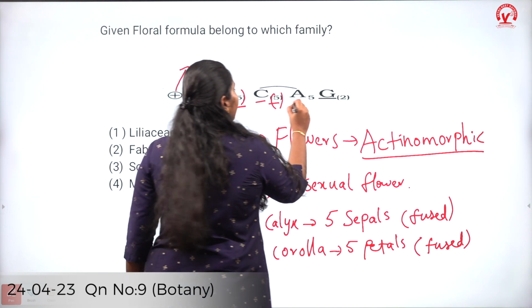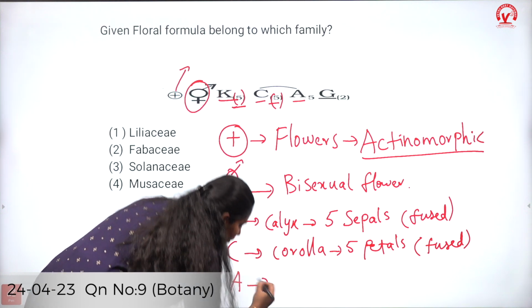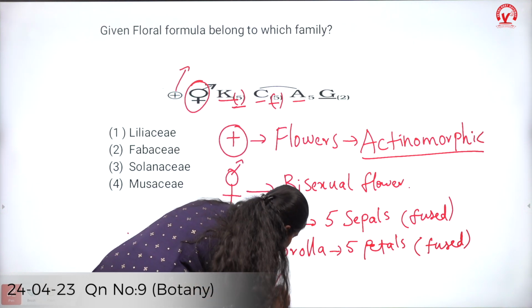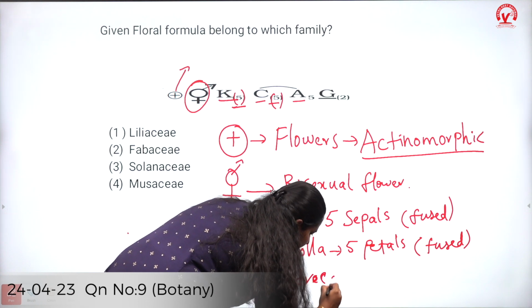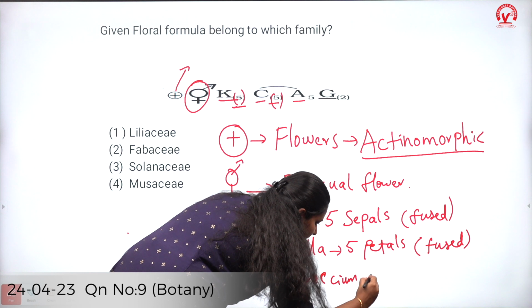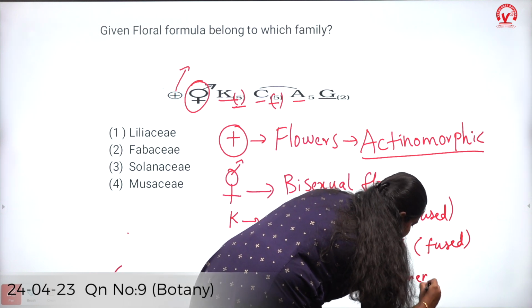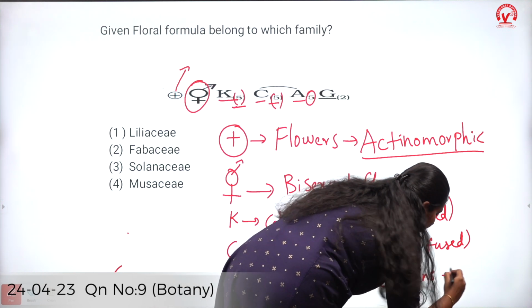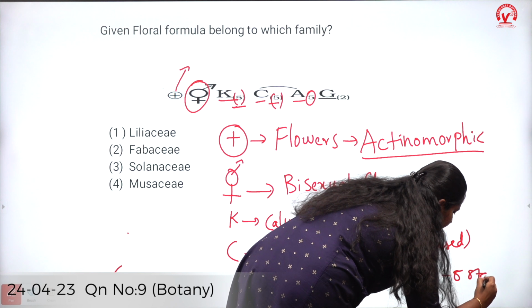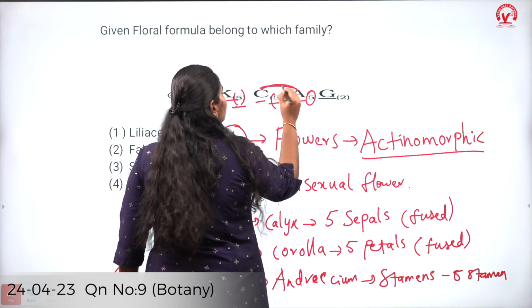And here A, which denotes androecium, which is the male part in the flower and which possesses the stamens, and it usually possesses 5 stamens, and this symbol denotes it is